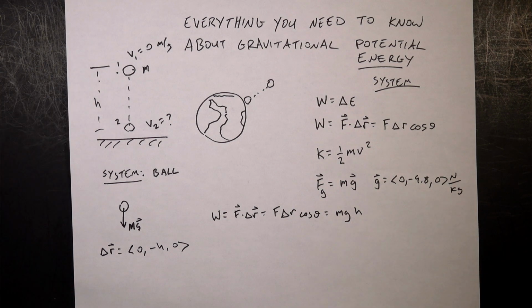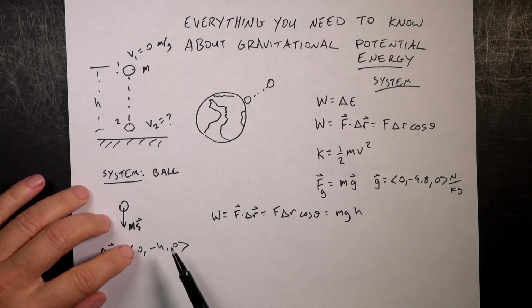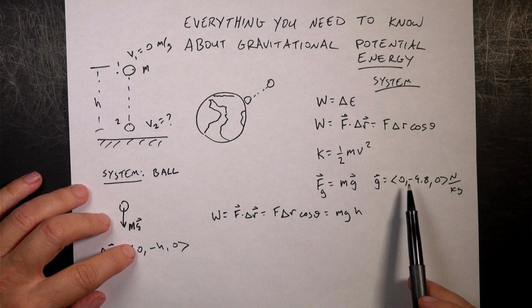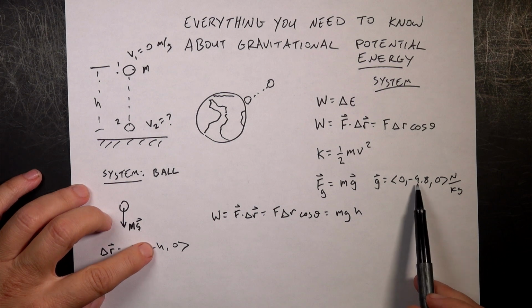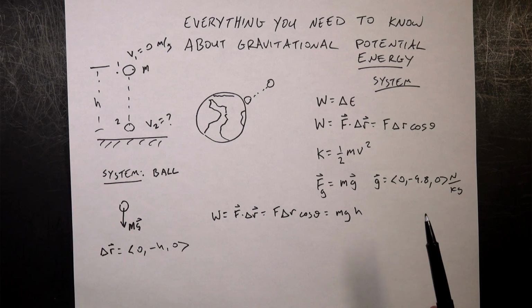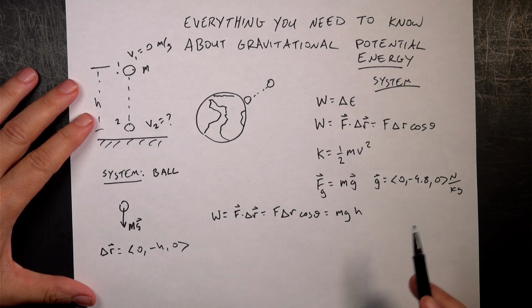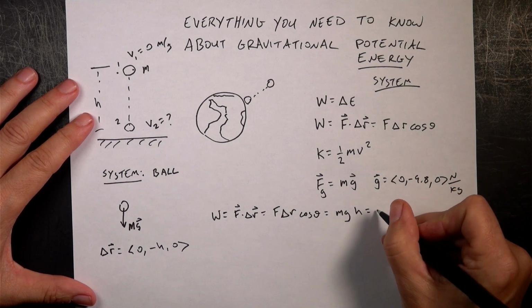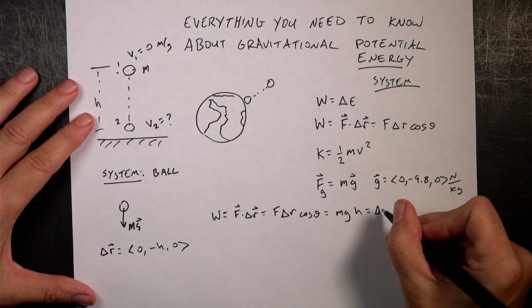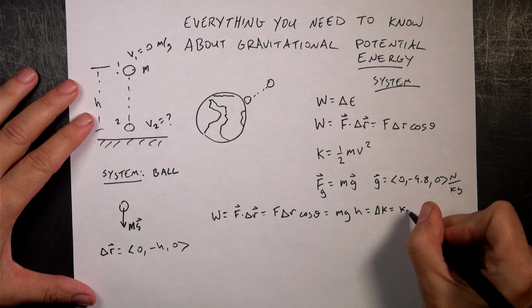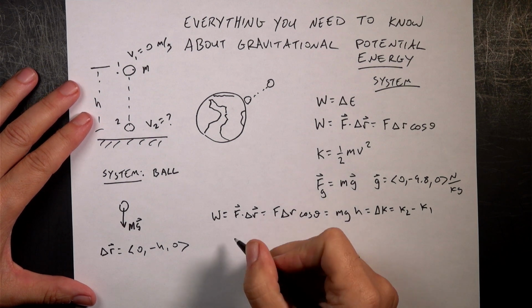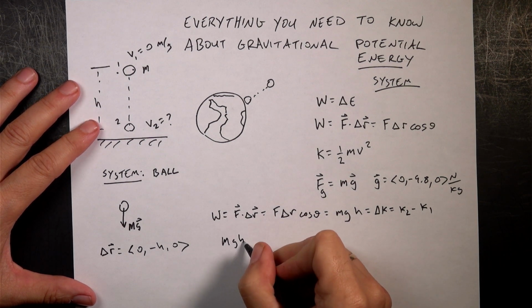And now you may be thinking, hey, wait, that negative sign, what about that? Well, actually, if you do the dot product and I multiply these components together, 0 times 0, and then a negative y component times a negative y component there, I get a positive. So it's going to be positive, trust me. But that's the work done by gravity, and that's going to be equal to the change in kinetic energy. Let's say delta K, it's going to be K2 minus K1. So I can say mgh equals